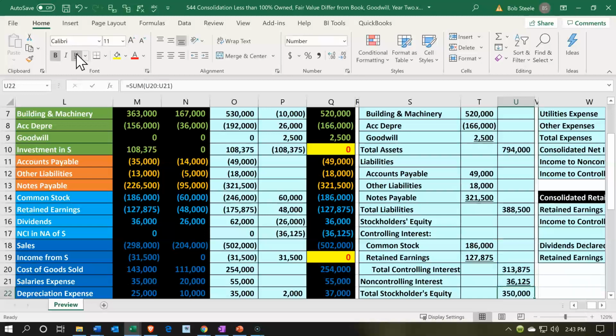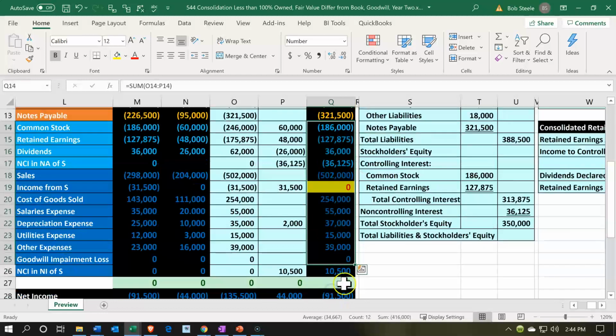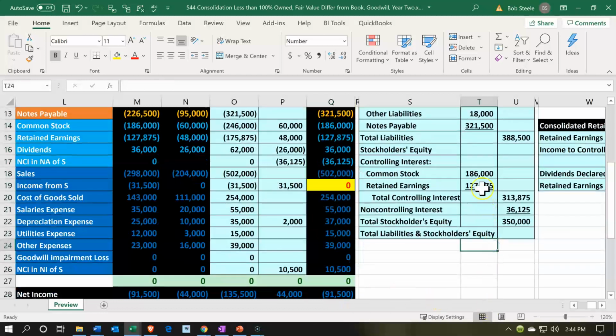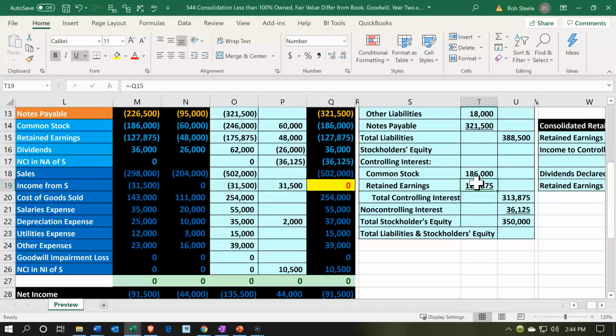So there's the total equity, and that's the new thing, right? Total equity. If I was to sum everything up, that doesn't work. Why? Retained earnings is wrong. Hold on a second. Retained earnings has to be